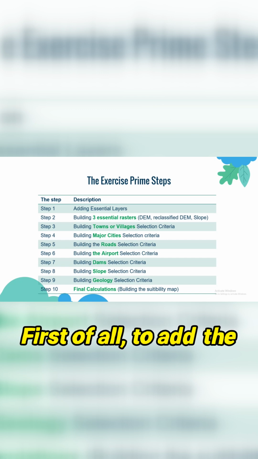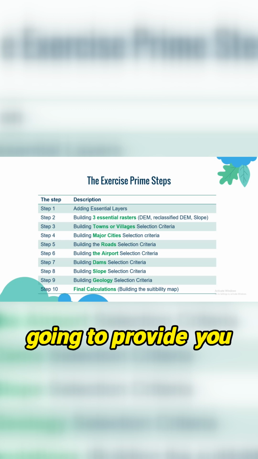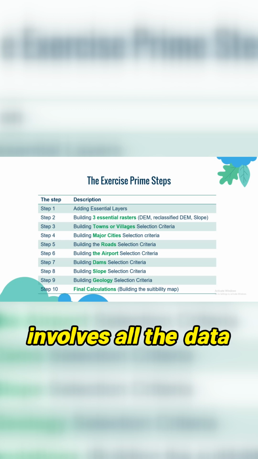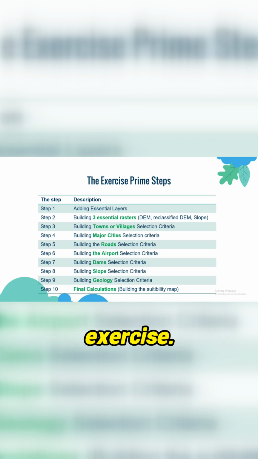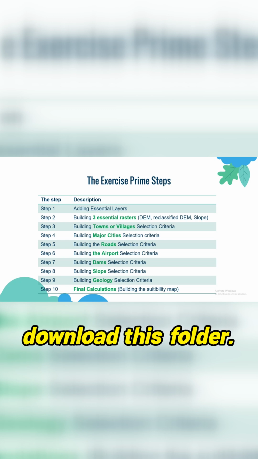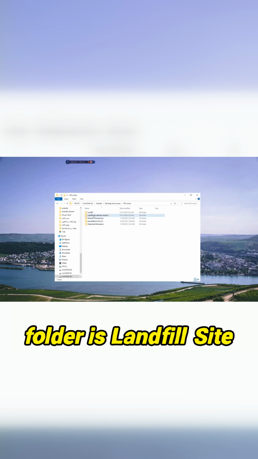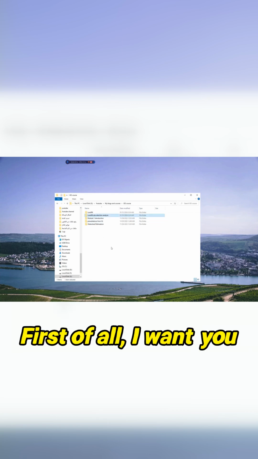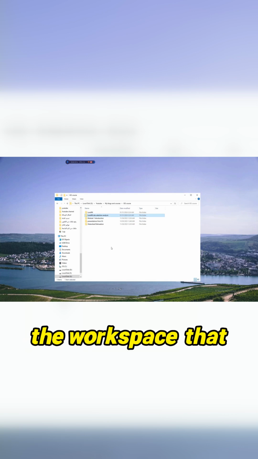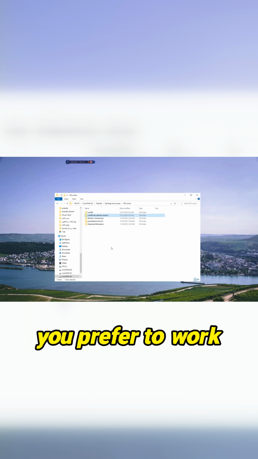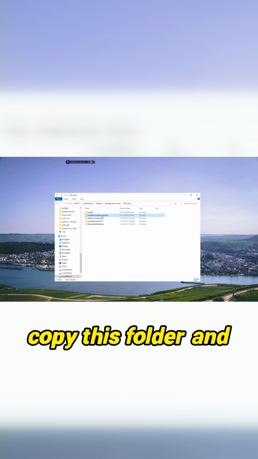First of all, to add the essential layers, I am going to provide you with a folder that involves all the data required for this exercise. I need you to download this folder. The name of the folder is Landfill Site Selection Analysis. First of all, I want you to copy this folder to the workspace that you prefer to work on. In my case, I will copy this folder